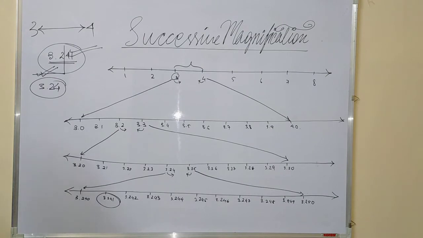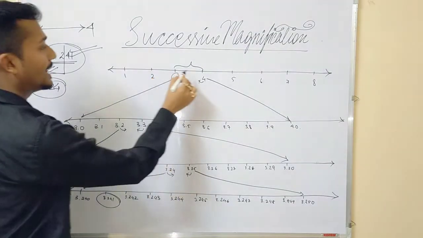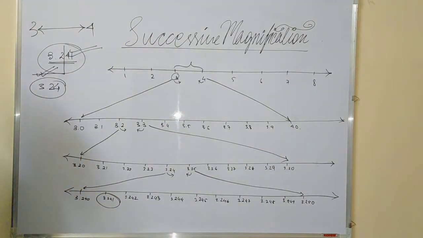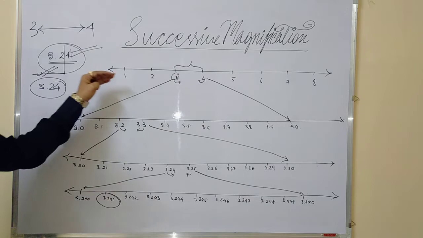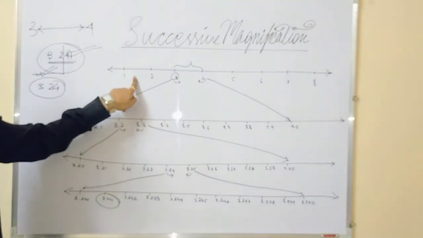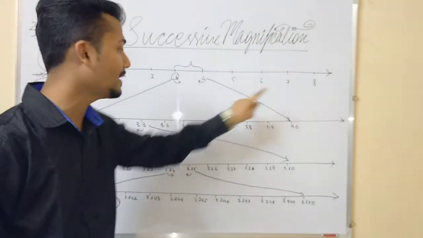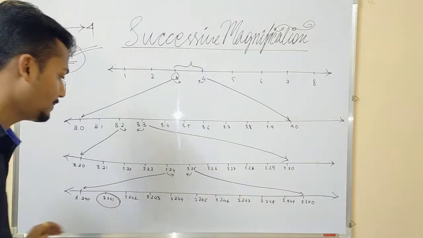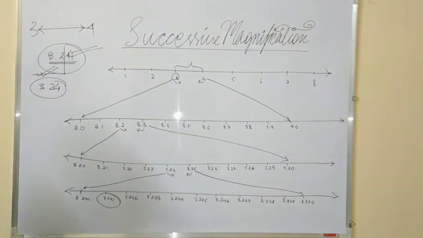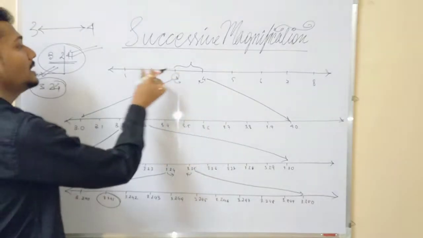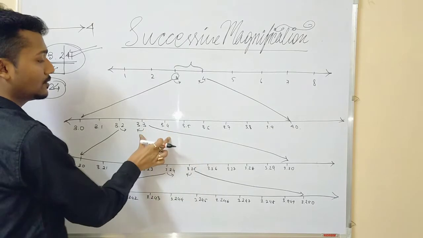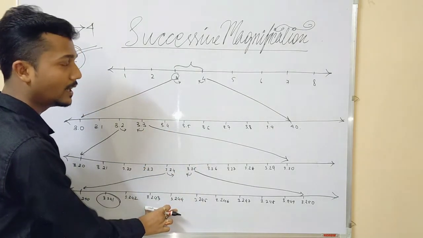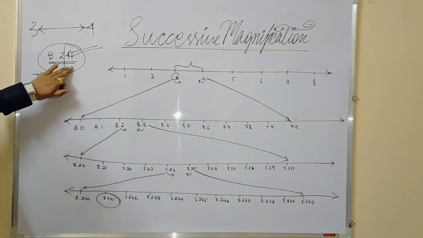One thing which you have to remember is all the gaps that I have put should be equal. You will be using a scale to draw the number line. If you take 1 centimeter here, it should be 1 centimeter everywhere. Here also it should be 1 centimeter. Here also it should be 1 centimeter. In fact, here also you will be using 1 centimeter. If you are using 1 inch here, similarly here also 1 inch, here also 1 inch, and even here you are going to use 1 inch. So will you be able to do this sort of number?